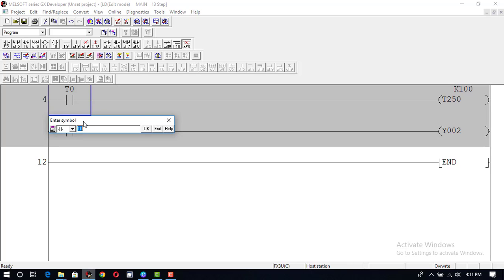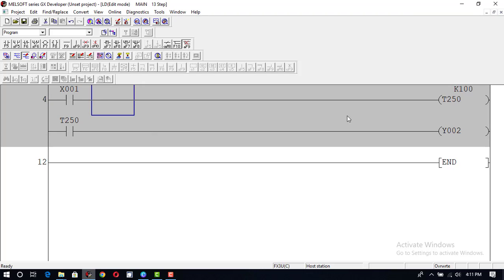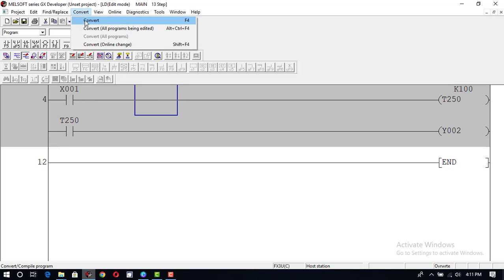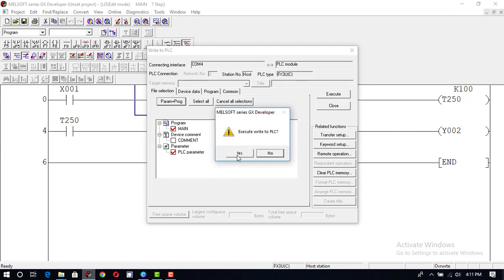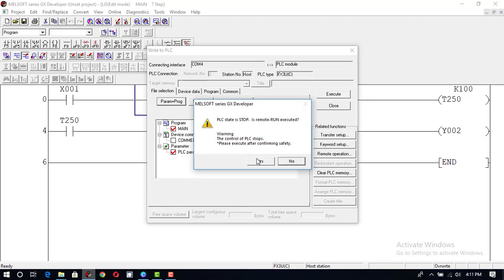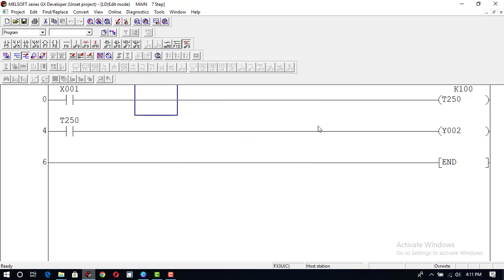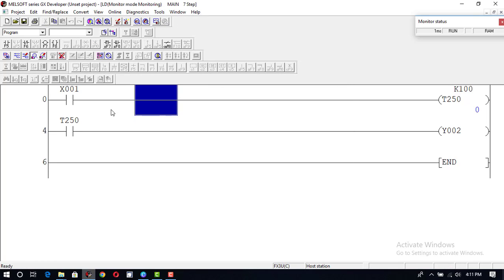Here I will use an input X1. Now convert this program, online, write to PLC, program plus parameter, execute, yes, yes. This program is now completed and loaded to my PLC. I will check whether it is working or not. Going to monitor mode. When I turned X1 on,